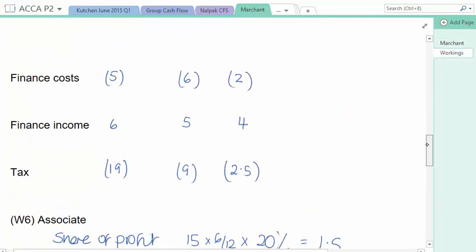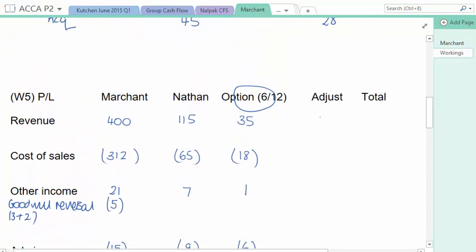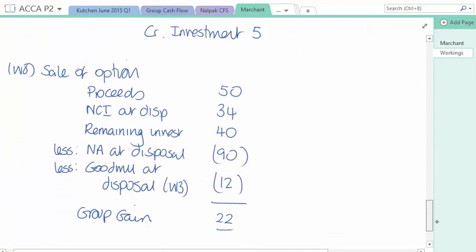of 12 million. So what I'm going to do here is reduce revenue by 12 million and cost of sales by 12 million. It says Marchant made a loss on the transaction of 2 million. So if it made a loss on the transaction, we should always value inventories at the lower of cost and NRV, so no further adjustment is required because there's no intragroup profit. So you might want to stick that down as a note, and I'll just put that down as a